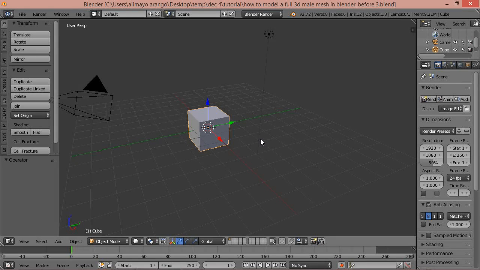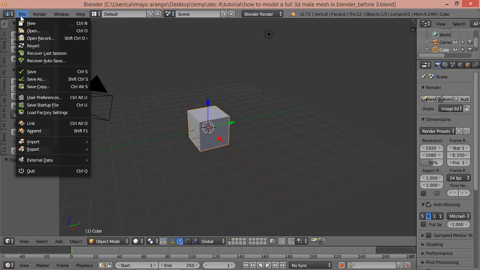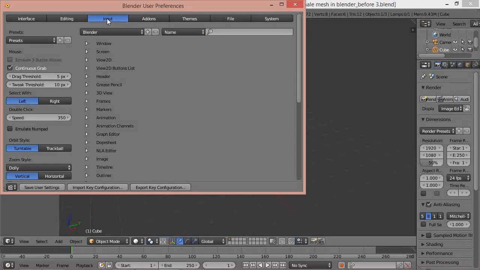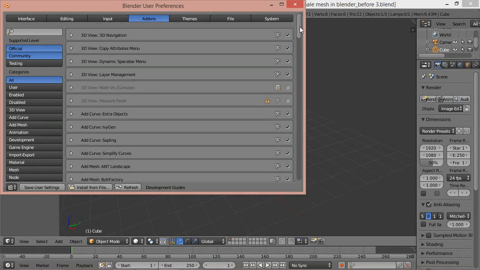Okay, if this is your first time in Blender, I recommend you go to File, User Preferences, go to Input, and then choose Select with left click. Blender's default select is with right click, and this may confuse you if you're coming from Adobe or other 3D programs. Also, while you're in here, click Add-ons, scroll down,